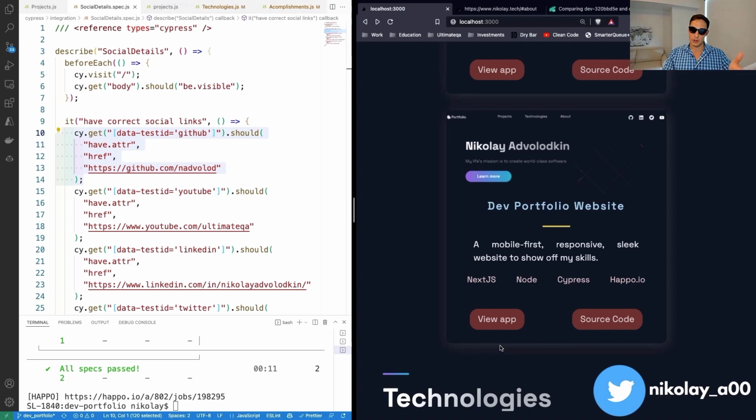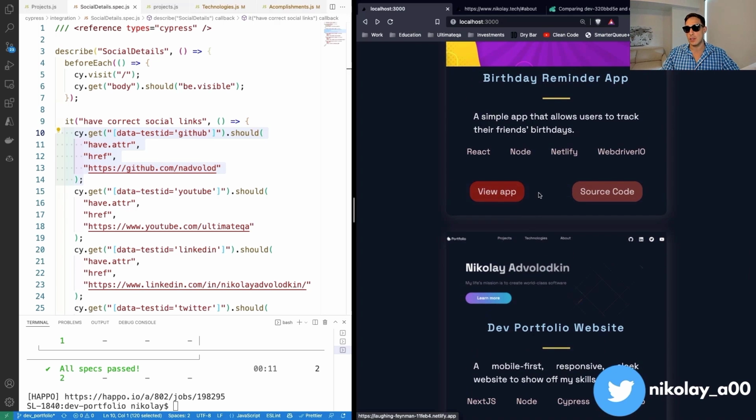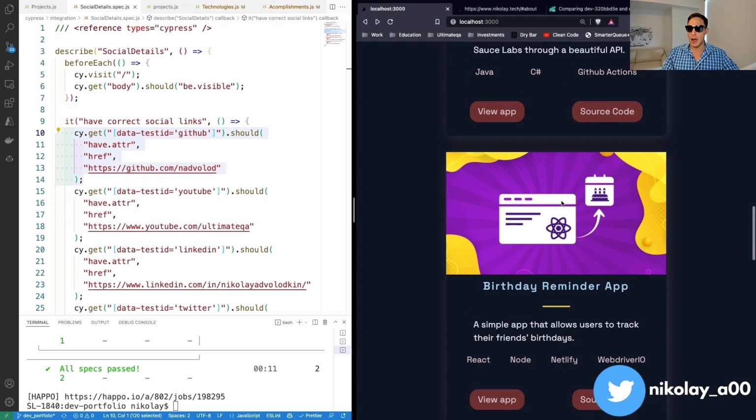And then the other challenge of that is now not only do we need to add a new test, we also need to then start adding unique data test attributes for every single button that we add. I mean, I guess that doesn't necessarily have to be too much work. We could make it somehow dynamic, but that seems like a lot of extra effort for testing